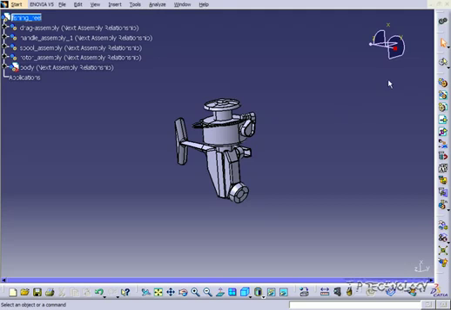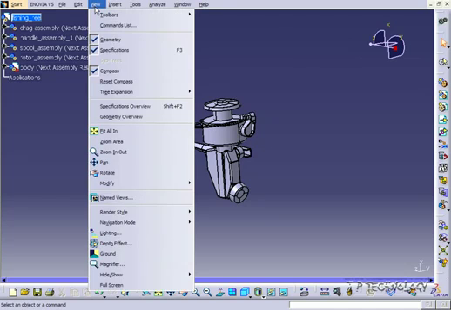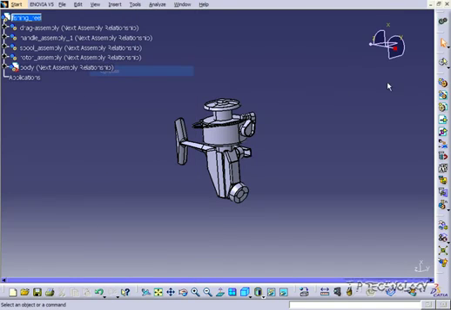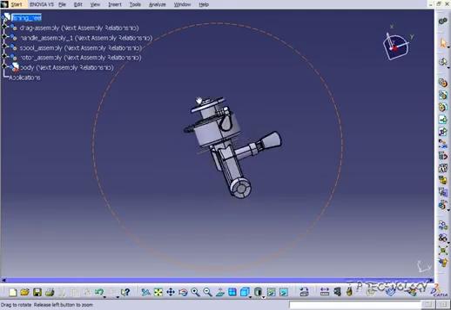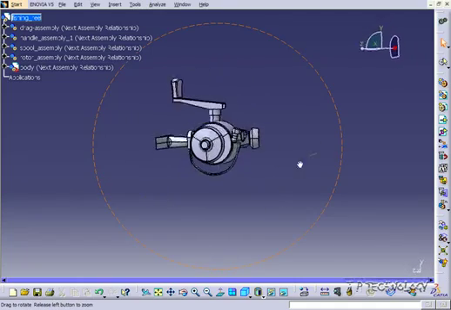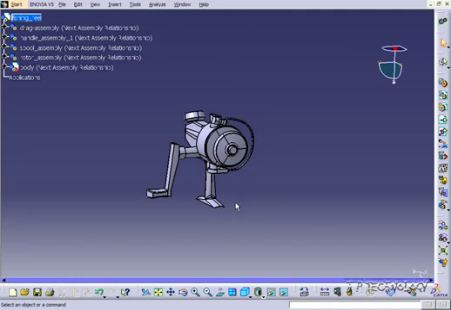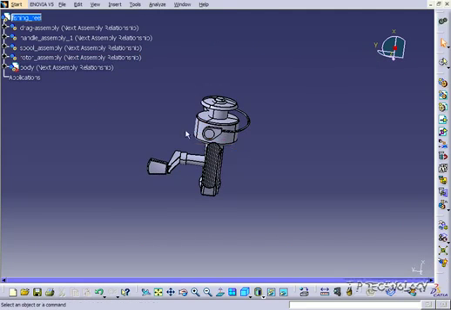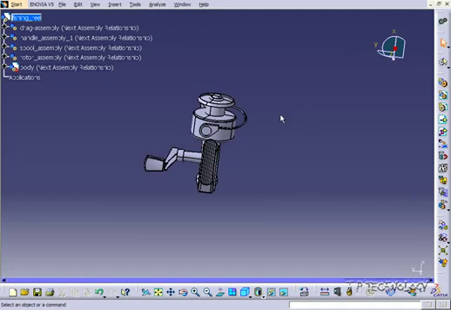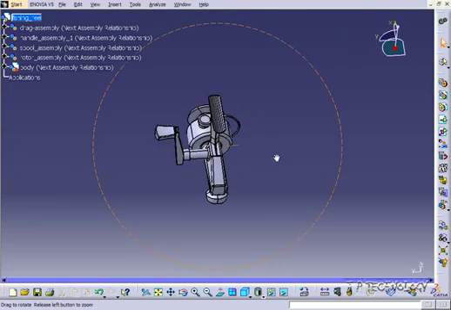Catia v5. Now, this guy here is your compass, and you can turn him on and off if you go to View, Compass, and to turn him back on, get the check mark back, and he's back. Now, if we go and look, when we rotate this object, you can see that the compass also moves. So rather than using the mouse and moving around and panning around and whatnot, you're also able to just use